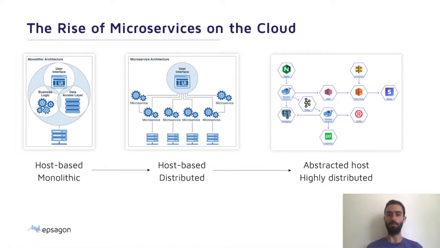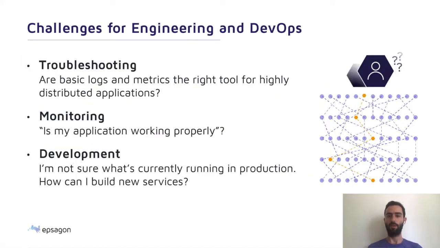The host is usually abstracted, things like managed message queues, managed compute like serverless functions and so on, managed web servers, third-party APIs. This introduces new kinds of problems. Among these problems for the engineering and DevOps teams, it's much harder to troubleshoot, especially if we've got distributed flows and async ones. It's becoming very, very hard to understand and correlate the logs,